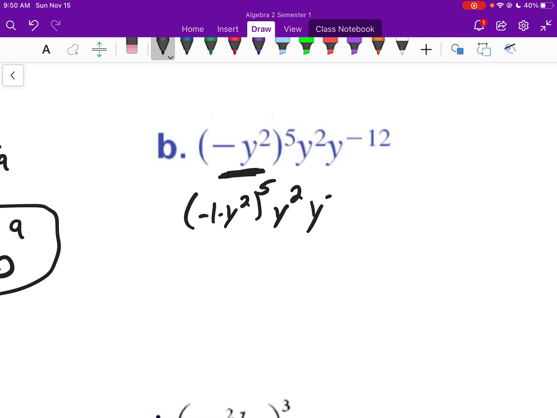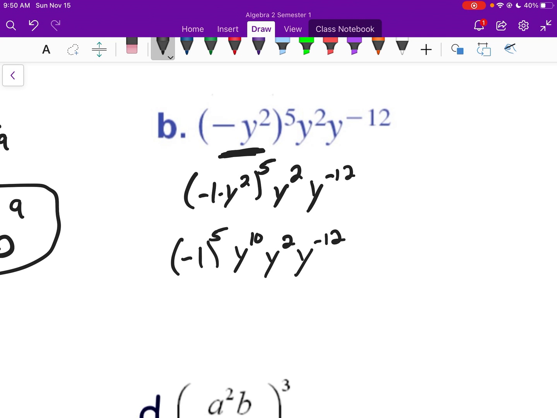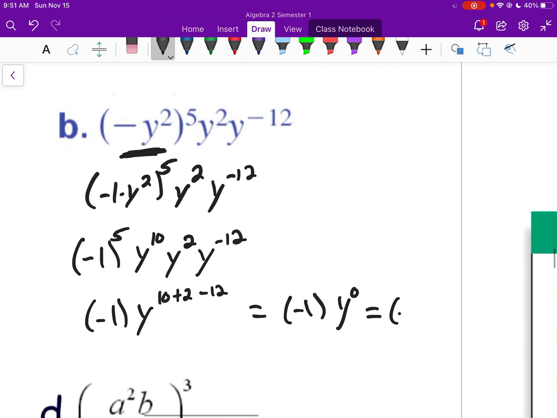Okay, and we still got that y squared, y to the -12th. So now it's going to be -1 to the 5th, and y to the 2 times 5, which gets us 10th, 10. And we still got those other ones. So -1 to the 5th, that will be -1. And then we will have to add the exponents with the y's there. So 10 plus 2 plus -12. So then we're going to get -1 times y to the 0 power, which will say -1 times 1